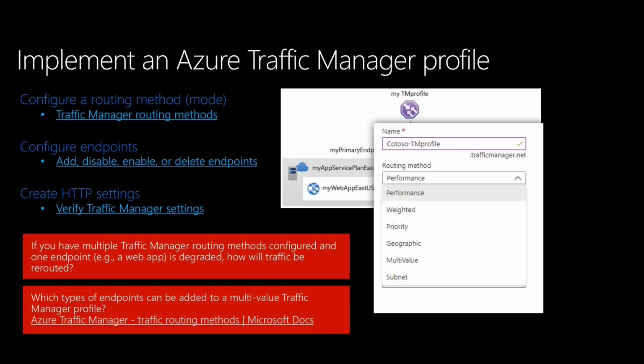Traffic Manager also supports 3 different types of endpoints. So you can support Azure endpoints. So in that case, you'd be load balancing traffic to, for example, a cloud service, a web app, a public IP address in the same subscription within Azure. You could also use an external endpoint. So you'd use this type of endpoint to load balance traffic for your IP addresses, your FQDNs, or for services that are hosted outside of Azure. So just like we were talking about on the previous slide, this can be either on premises or with a